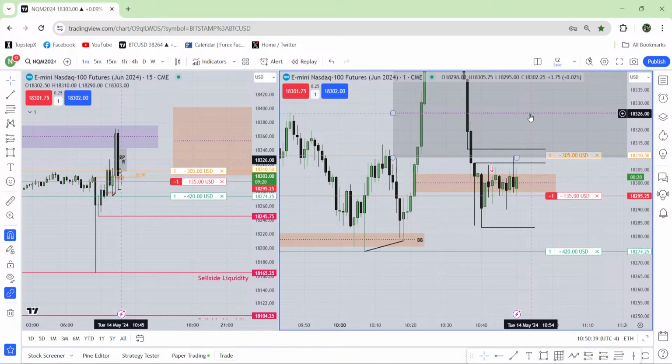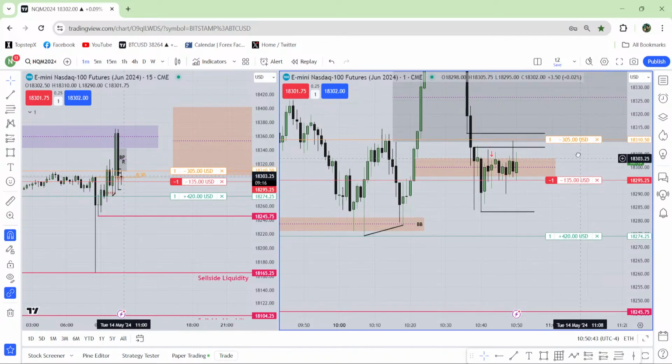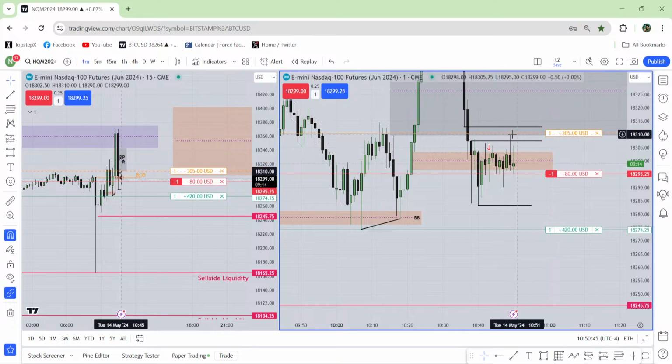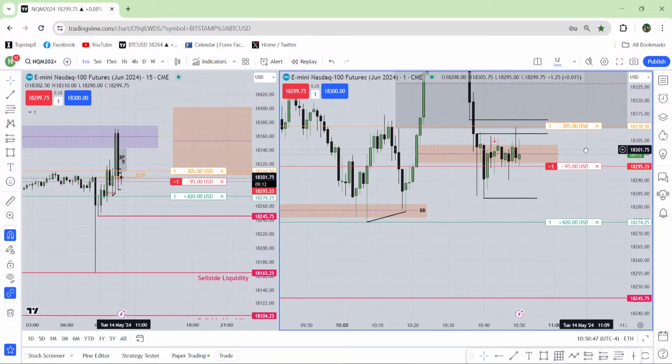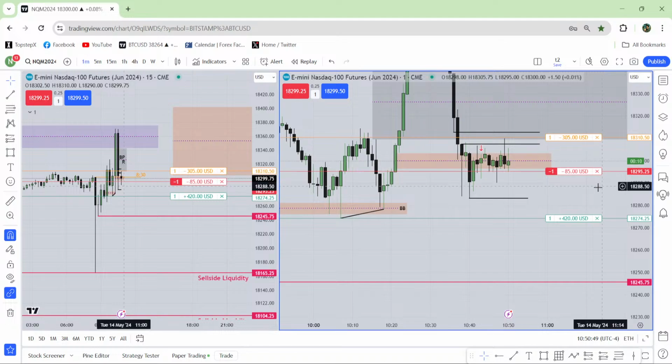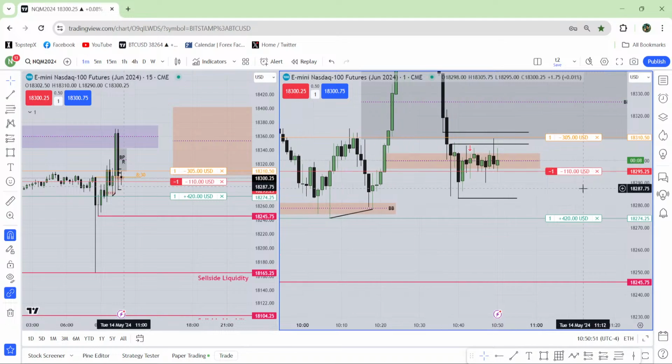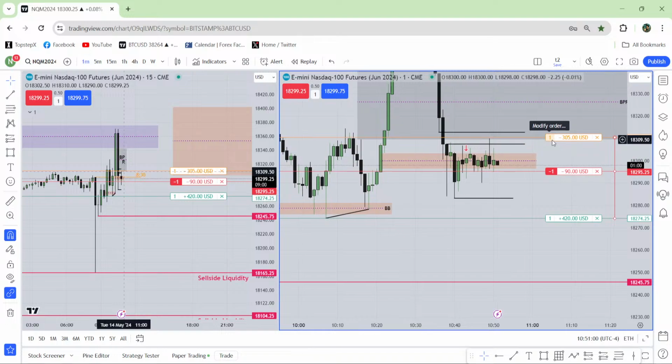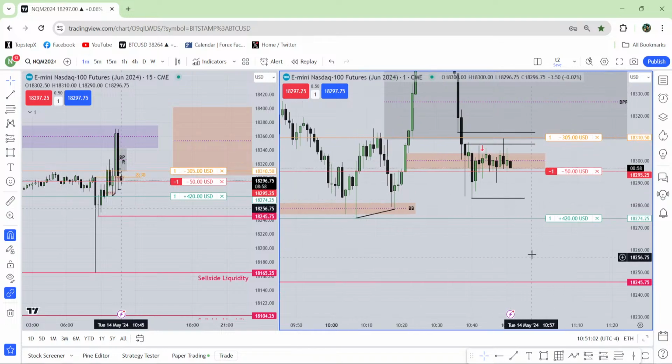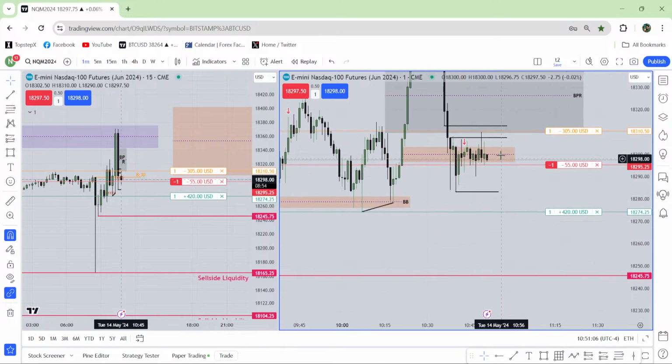Maybe the market is going to the 50% of that 5 minute BPR. I'm not interested in getting more losses, so I'll just cover a little more loss over there. So that should be my stop loss, exactly over there. Will I regret it if it stops me out and then falls? No, I won't, because I trailed my stop loss with logic. There was the logic. It should keep falling now. If it doesn't fall now, maybe I'm absolutely wrong.